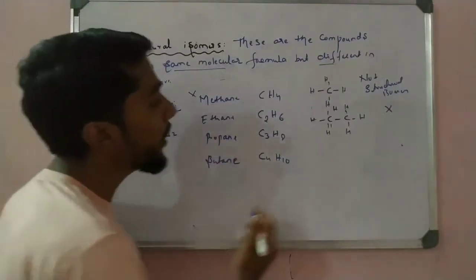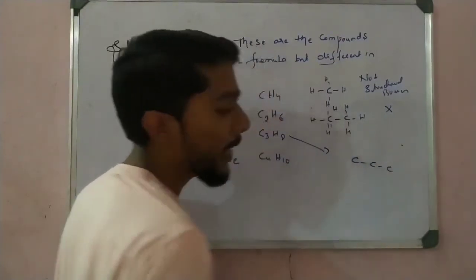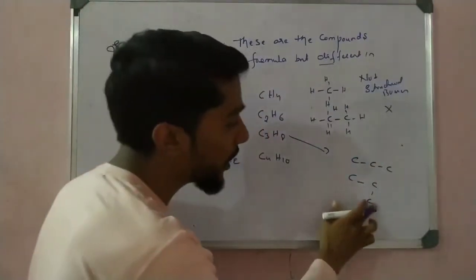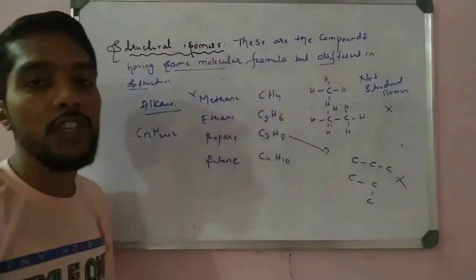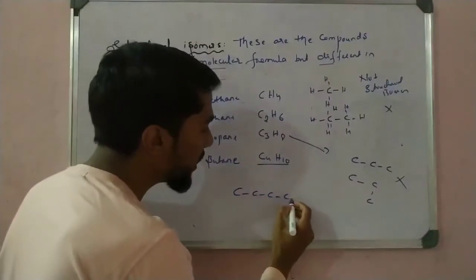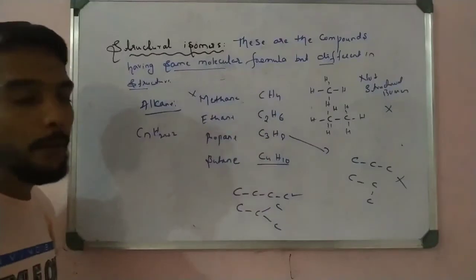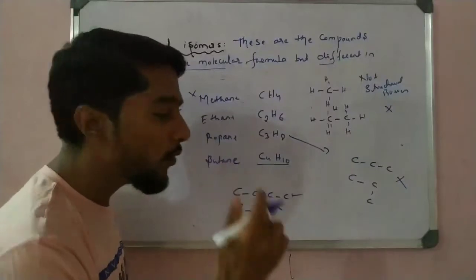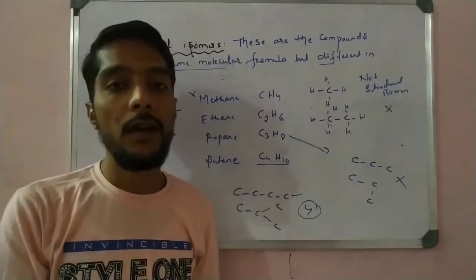Let us go next to propane. Propane also does not. See propane, C like that. If I make an arrangement like that, this is also a straight line. Okay, this is the same arrangement. So again we consider that this also does not form structural isomers. This arrangement is possible and this type of arrangement is also possible, but they are the same. It means that for making structural isomers, the minimum number of carbons we require is how much? 4. Less than 4 means it is not possible to make structural isomers.